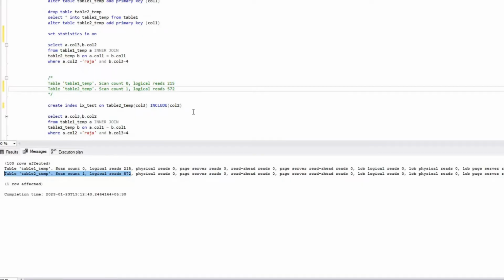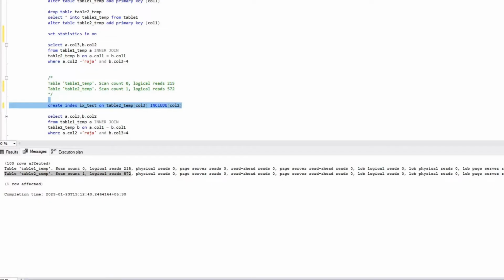As far as table2_temp is concerned, I see that we have a predicate on column 3, and we have column 2 in the select list. So I'm going to create a non-clustered index ix_test on column 3,